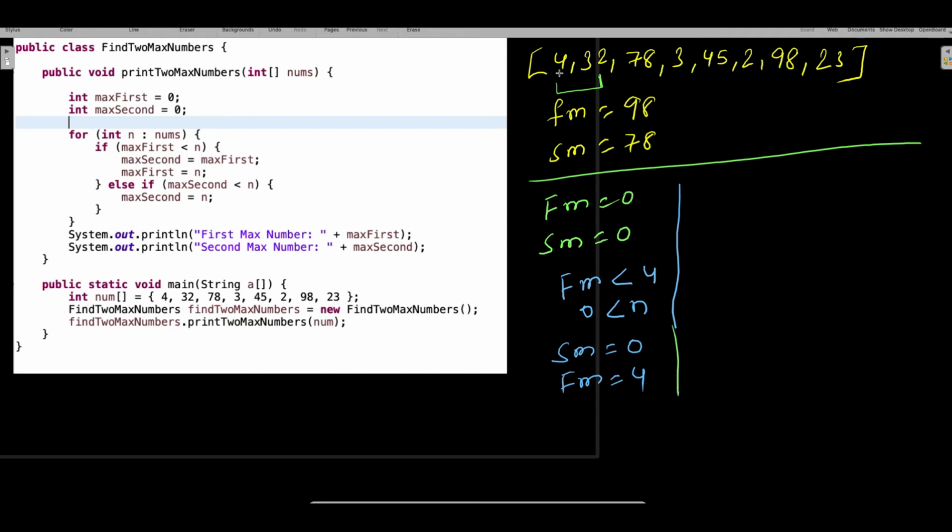Now you have compared only with 4 till now. Now you have the number 32. So again you will compare whether this 4, whatever 4 you have, is greater than 32 or lesser than 32. Actually your first number is less than 32. So when it is less than 32, which means there is a number which is greater than the first number, and your program says to find two max numbers. So there is a number which is greater than the first max, which means